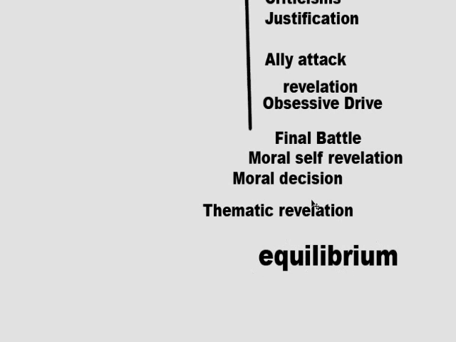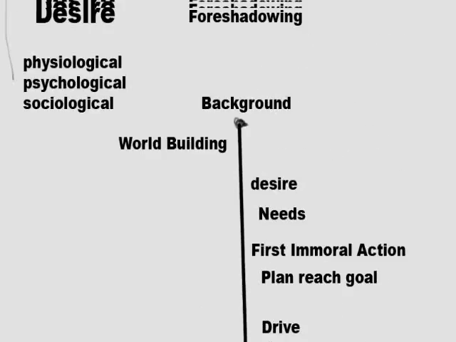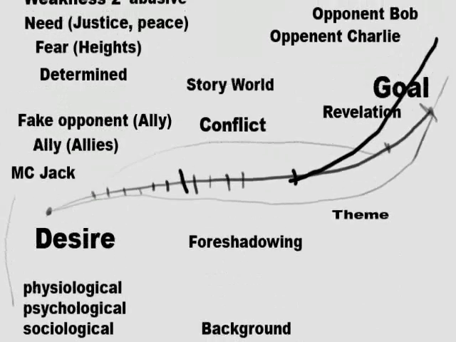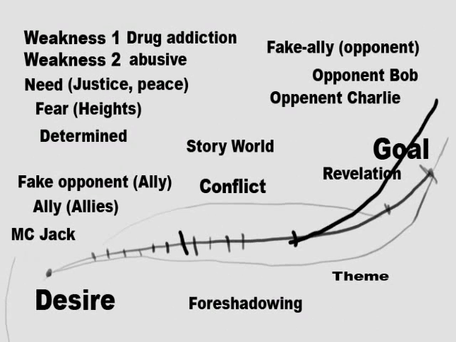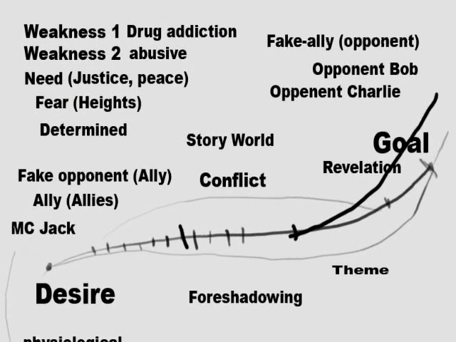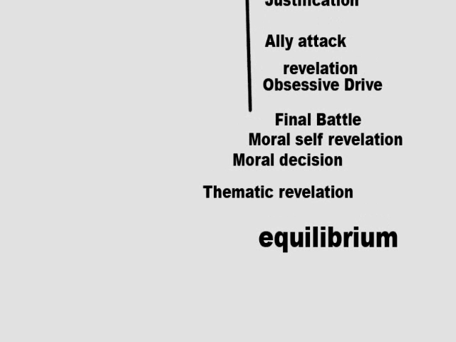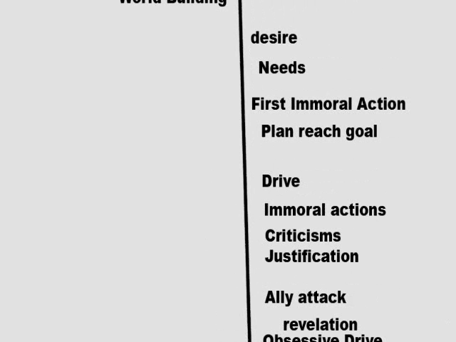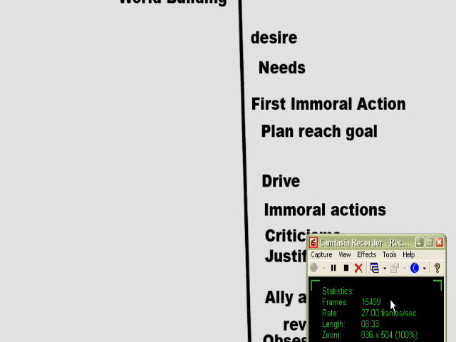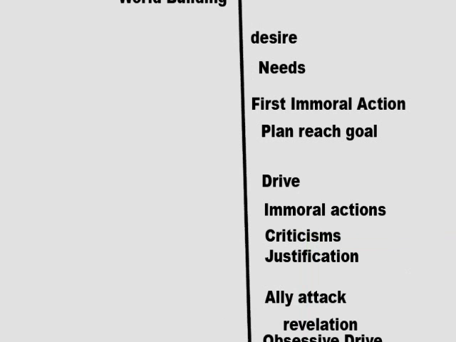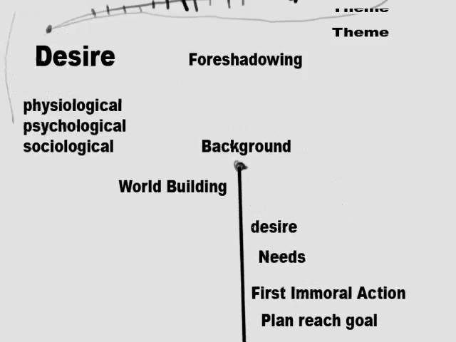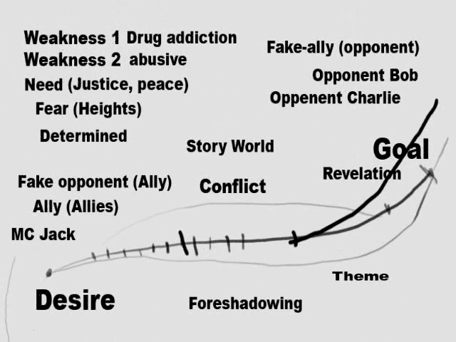But anyway, you just want to tie up all loose ends, and you want to show that the character changed for either the better or the worse. If your character didn't change for the better or worse, you probably want to rewrite it, honestly. But maybe if everything else is powerful enough, you can have a static character, but really you want to show change of some sort. In many ways, Jack is still the same person, but in many ways he's changed, and that's what the story is supposed to do, change your main character. So that's your equilibrium. You want to bring everything to a close